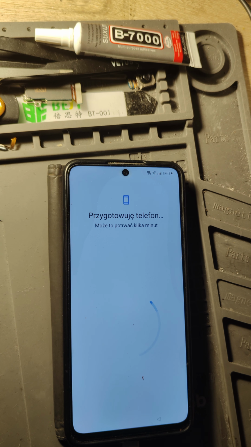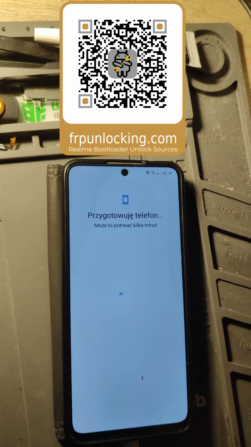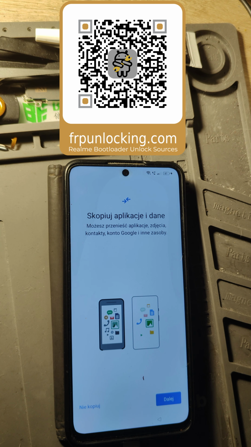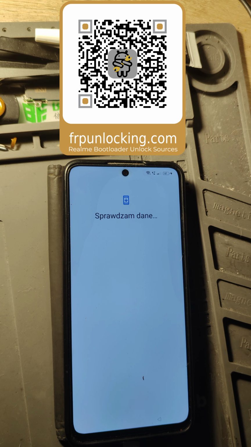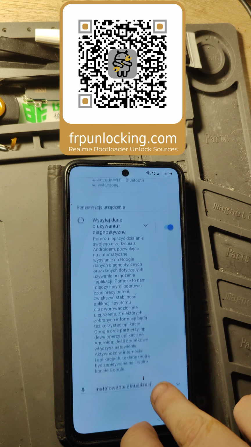Now, at the moment of the unlock process, the QR code is shown on the screen. You must download that from GitHub or OneDrive. And some GitHub files are password protected. And on the screen, when you go to the download, you can copy that password into the clipboard. And now I'm making a configuration of the phone. So after configuration, when you make a try to unlock the bootloader on a specific firmware version,